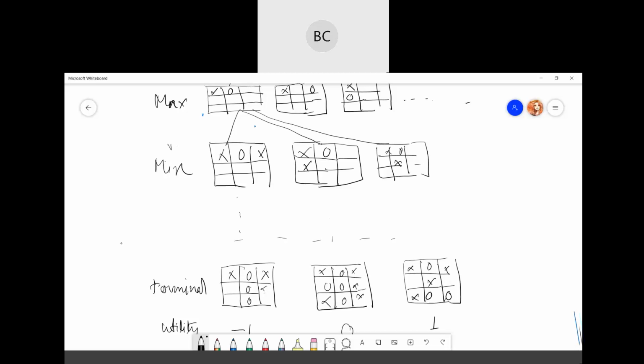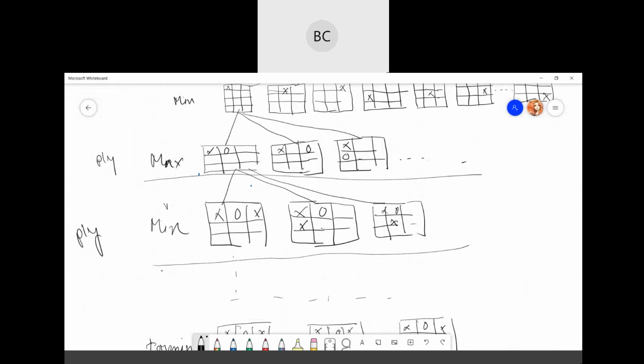In this game tree, the layers are layers for Max and layers for min, and each of these layers is called a ply. If this is the layer for Max, this is the layer for min. Again, the above one is the layer for min. So these layers are called ply.